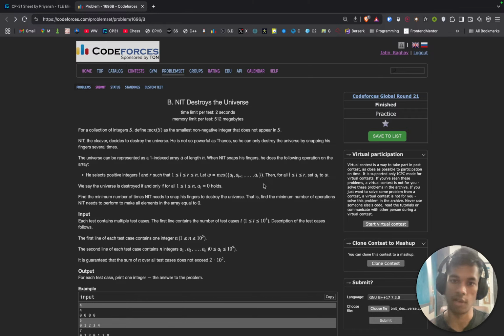When NIT snaps his fingers, he does the following operations on the array. He selects positive integers L and R such that this and that, let omega equal the MEX from left to right, and put all the elements equal to that thing. So what this means is to make